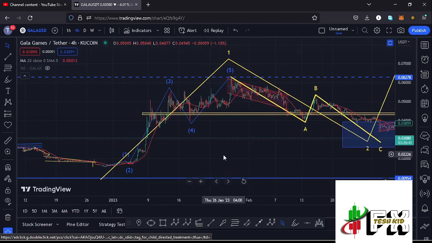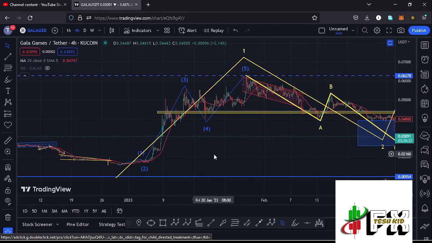Allow me to continue with the video here on the 4-hour chart by first giving you a recap of what has been happening, where you can see that after making our lower low down there, we started this massive bounce to the upper side, obeying the Elliott wave structures, where I have this Elliott wave structure in blue having the wave 5 giving us a peak at around the